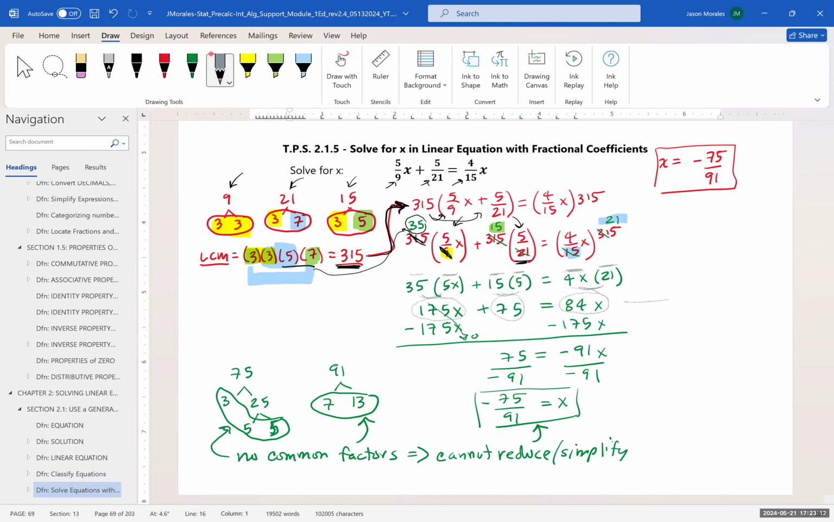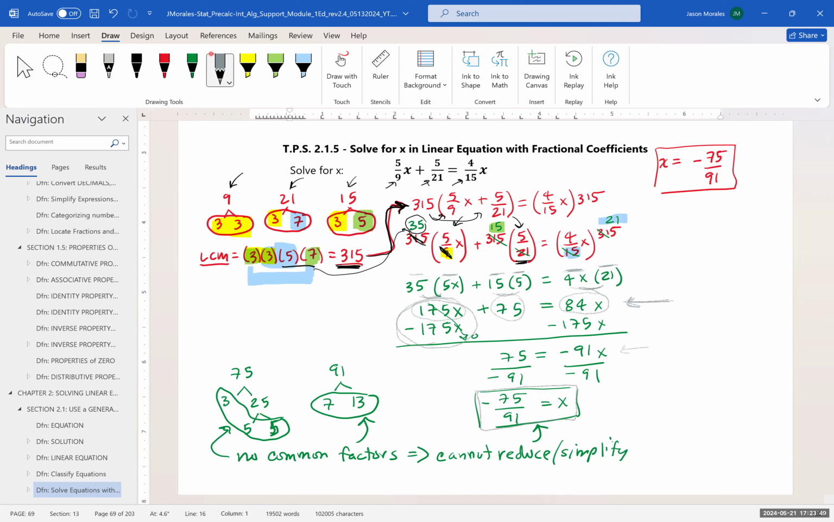Okay. And now this is a linear equation without fractions that now we can solve for this single variable of x. So I just subtracted 175x from both sides, and that canceled out the 175x on the left. And that left us with 75 equals negative 91x. Divide both sides by 91, and we get this solution down here of x being equal to negative 75 over